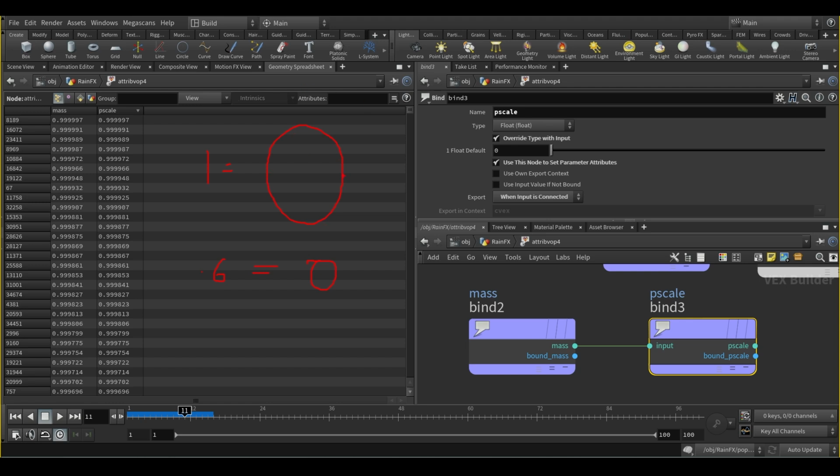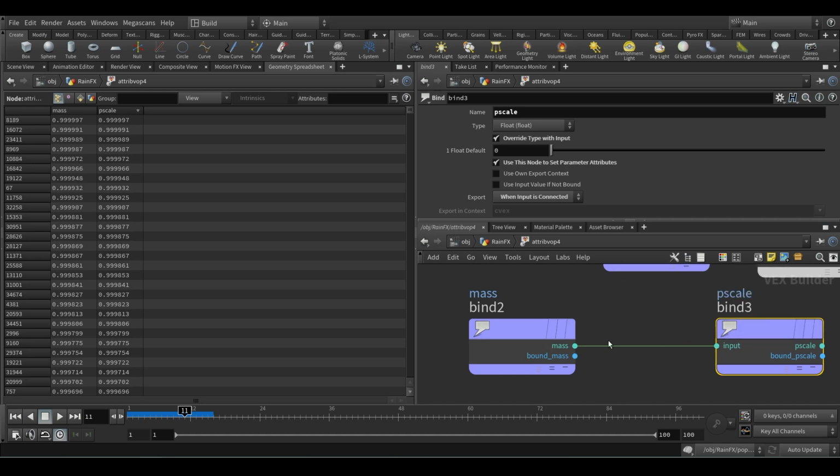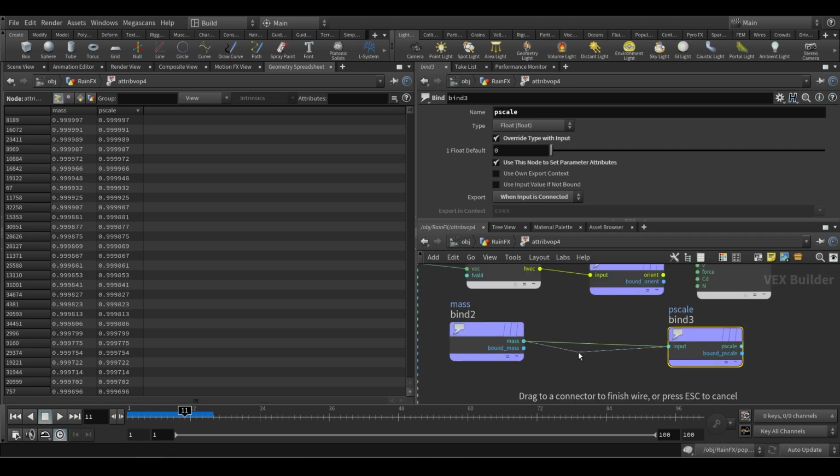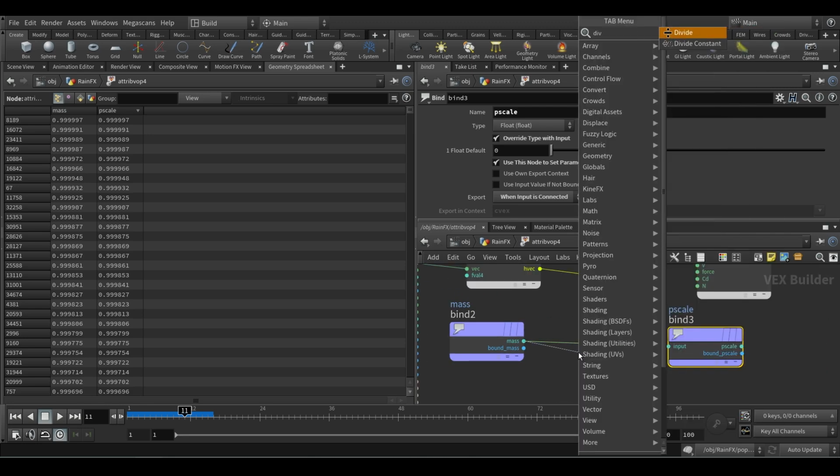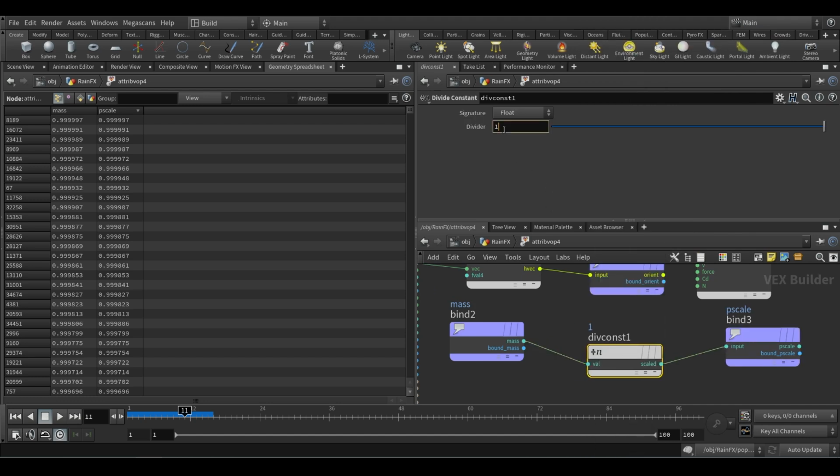This is so big. So how can you make it so that whatever the big value of mass is, I want that p scale also big, but it needs a limit, okay. I want to say if it is 9, then p scale is 0.09, okay. So somewhat like that. Of course you can do that by divide. If you put divide by constant and say 100, you can get that, okay. Now the value is 0.09.